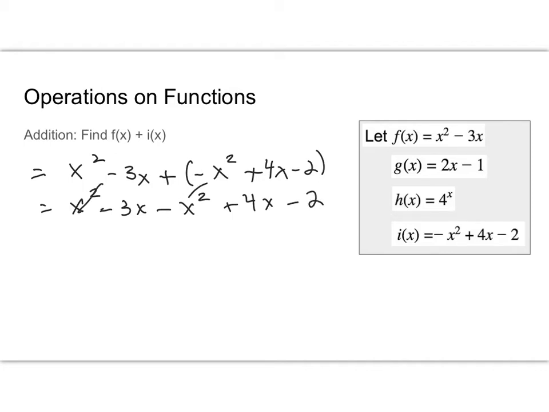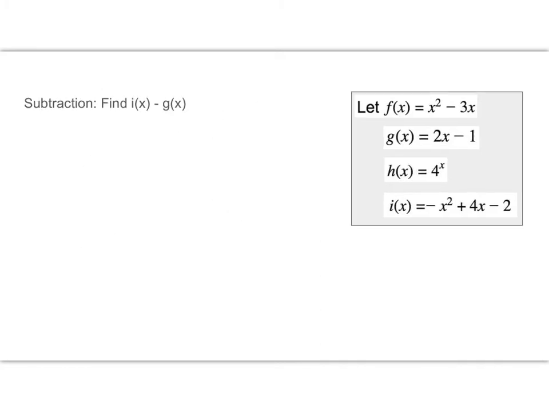x squared minus x squared is nothing, or 0. Negative 3x plus 4x is positive x minus 2. And that's it for adding. I want to find i of x minus g of x. I can also subtract two functions. So i of x is negative